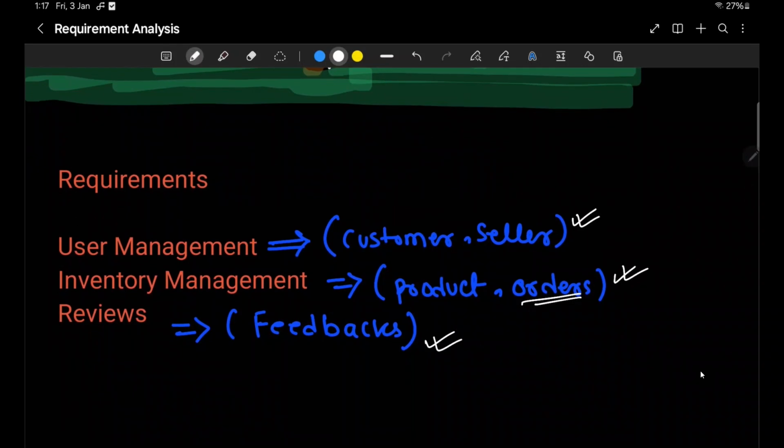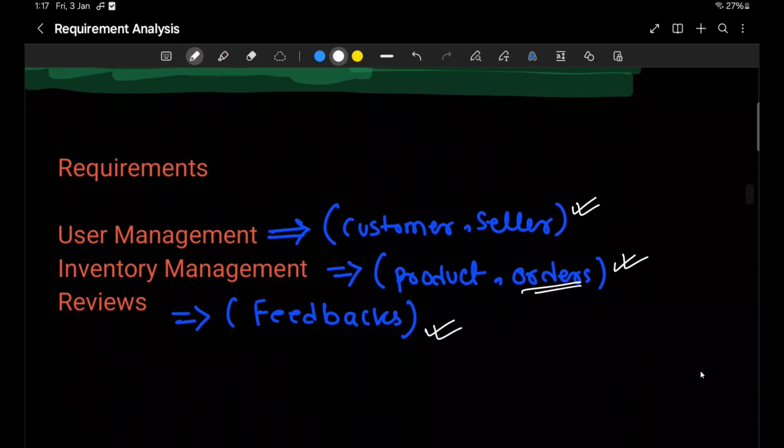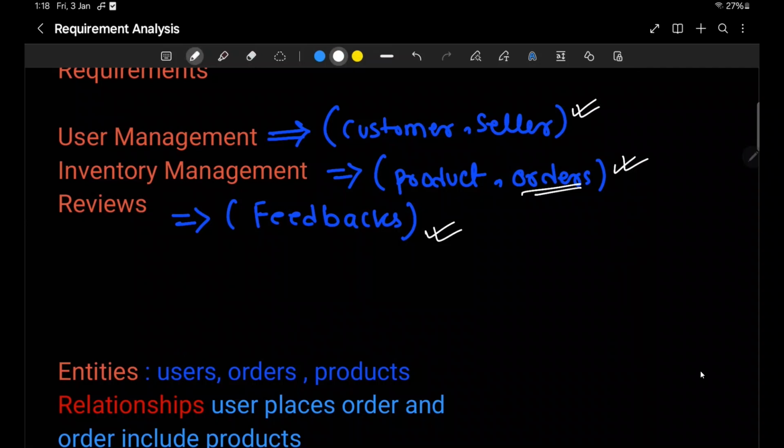Based on our requirement, here how the conceptual model should look like. So over here we need to find the entities. So in this example, our entity would be users, orders, products, and reviews.